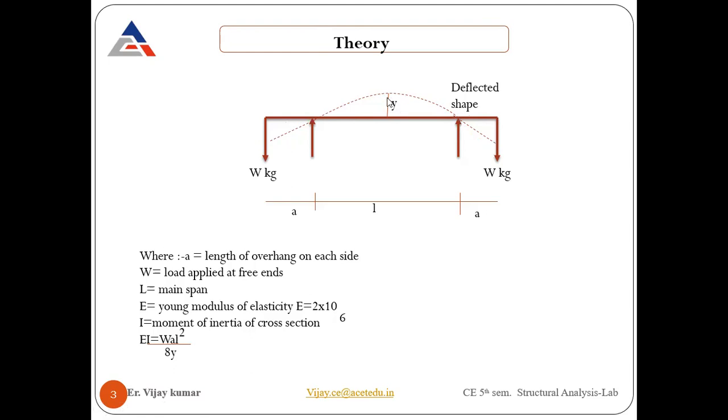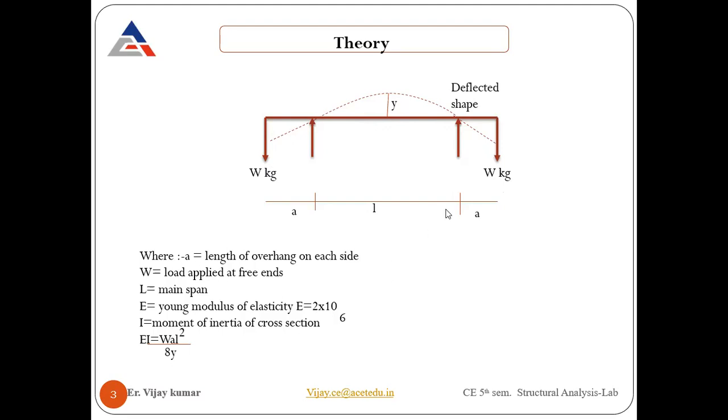Deflection needs to be measured by using the dial gauge. The reading is due to the applied load W, and whatever the value of W, you can consider 1 kg, 2 kg, 3 kg. Due to the applied load, deflection will take place, and we will note it down from the dial gauge reading. We place the dial gauge at the center position, since deflection takes place at the center point, and we measure that deflection from the dial gauge reading.